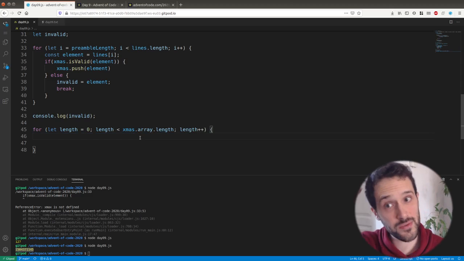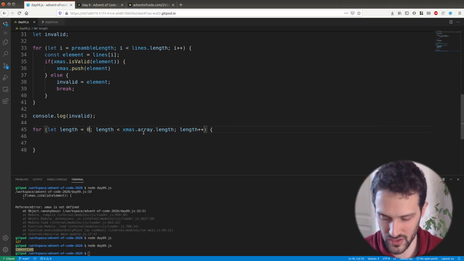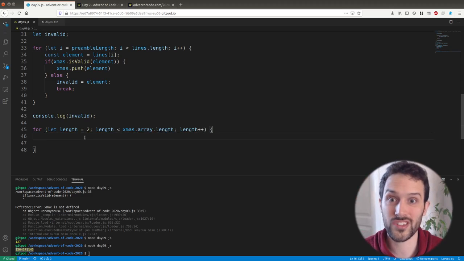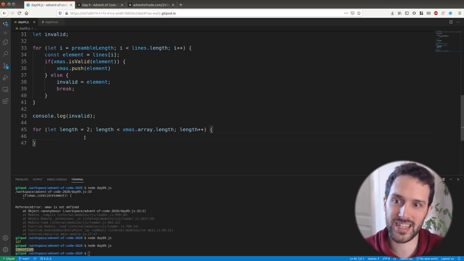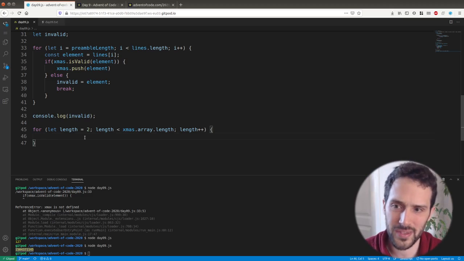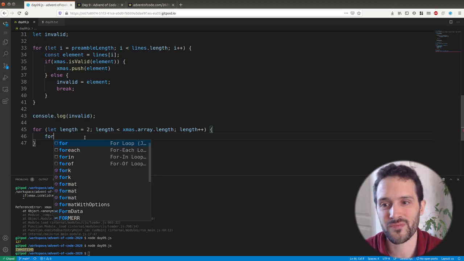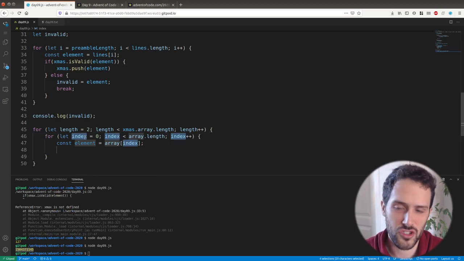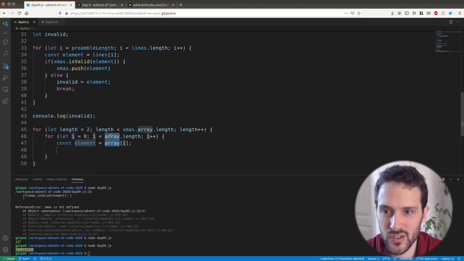So what we're going to say is we're going to check first of all to add two consecutive numbers, and then we're going to increase that to 3 consecutive numbers, 4. So that might take a bit of a long time to run. That might not be the most optimized solution, but I think it's just going to be fine if we do that. So here we need to go to